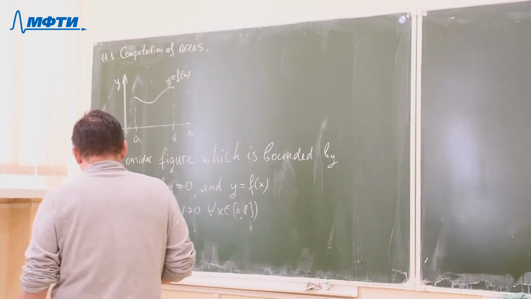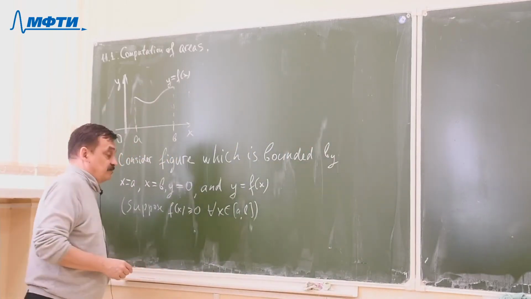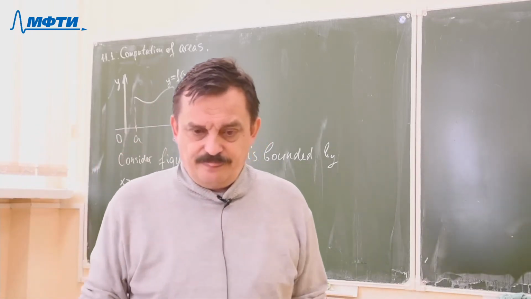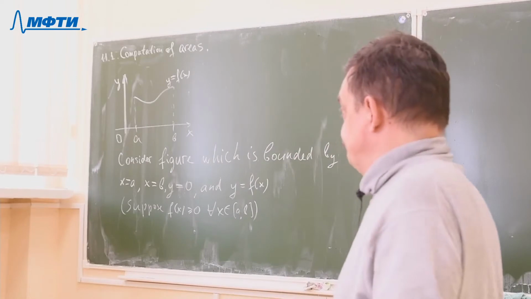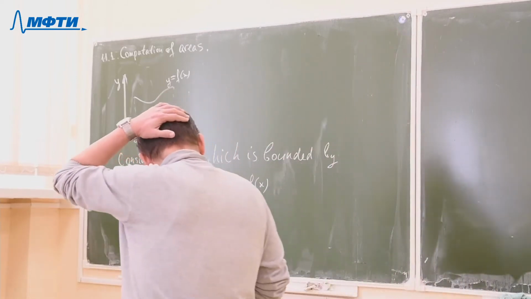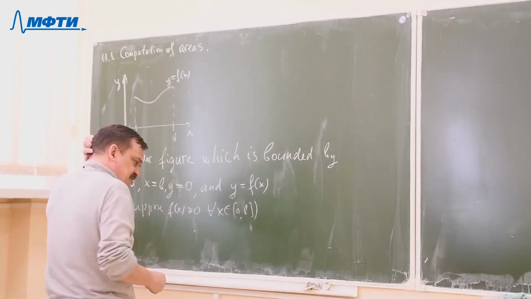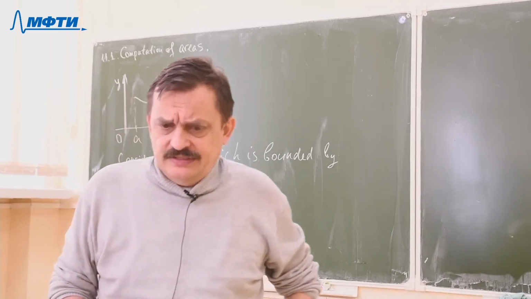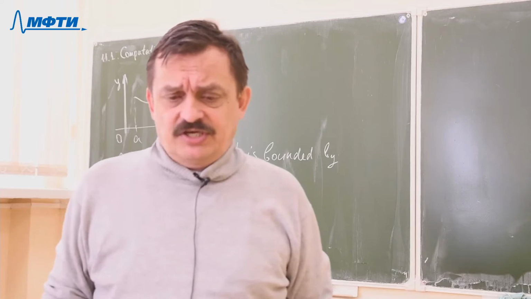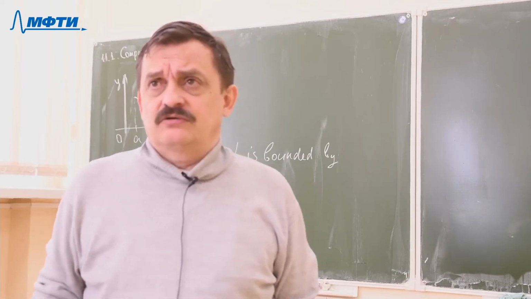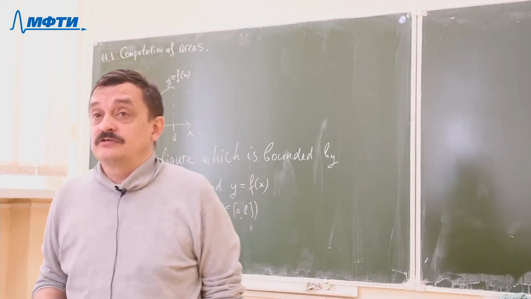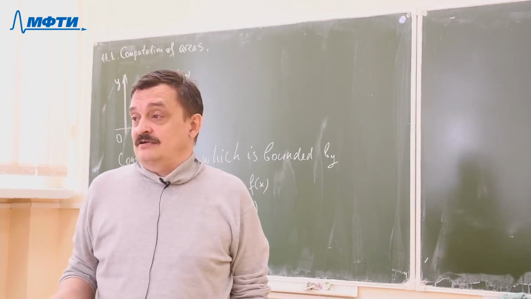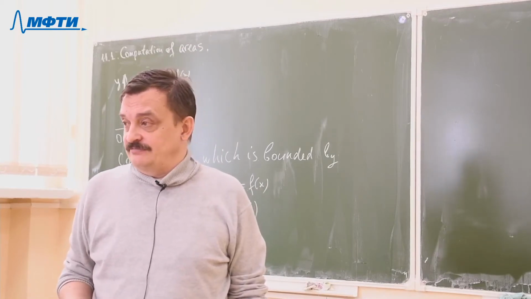And of course, the first question should be, what is area? We'll consider this question in more detail next semester, because now our course is called univariate calculus, right? And area of a two-dimensional figure,